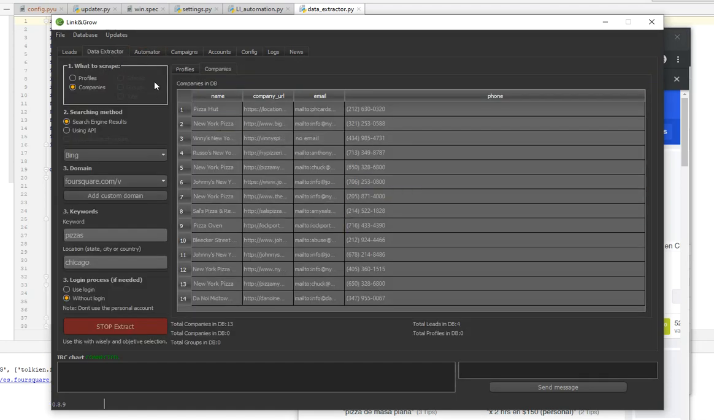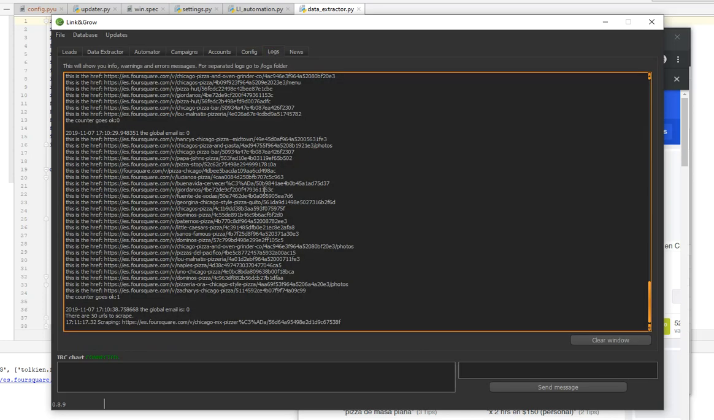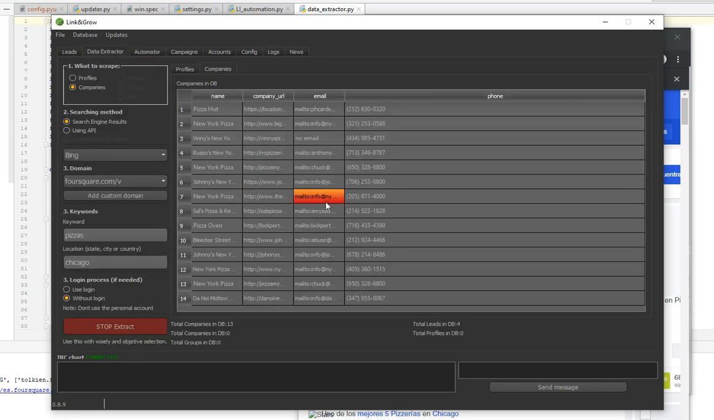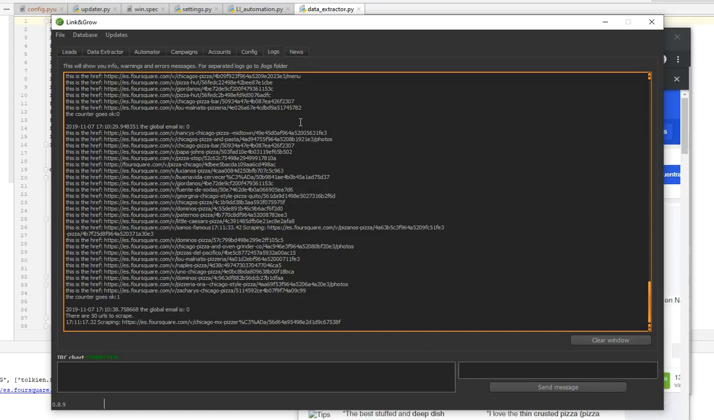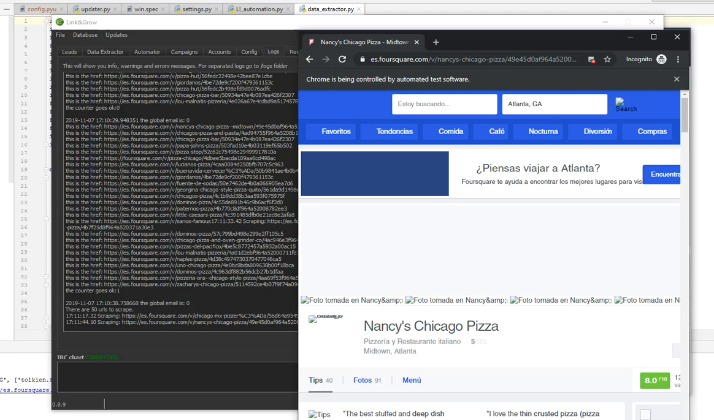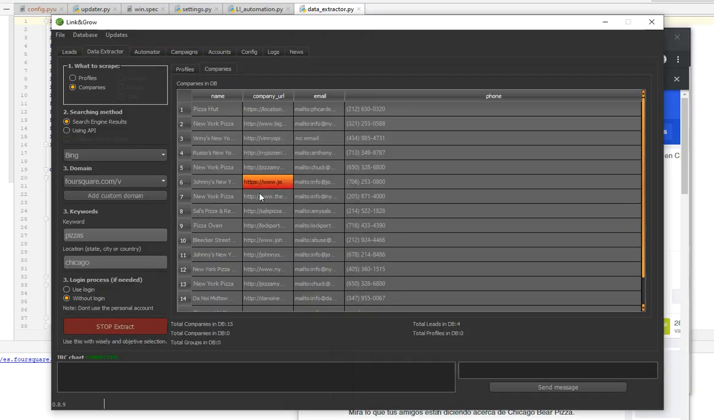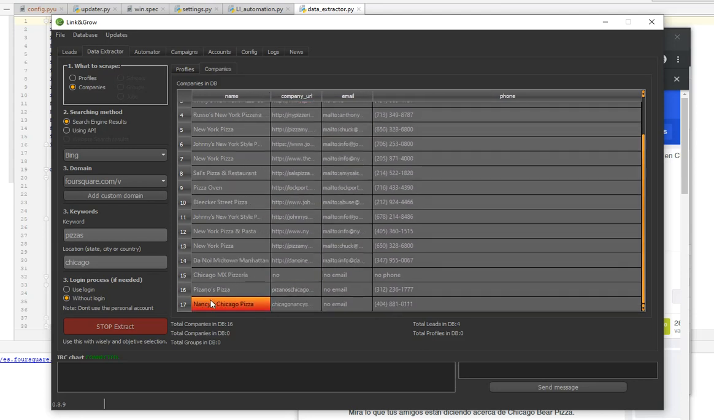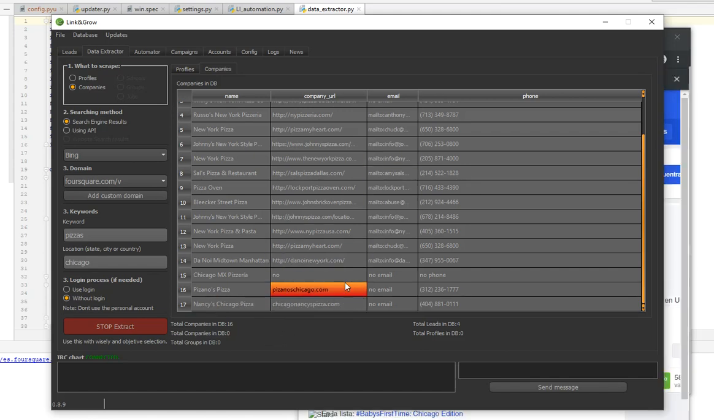If you go back to the data extractor, we will find it's waiting, it's giving some waits, and let's give some time. It already navigated to another website here. We're not getting categories, we're not getting reviews, phone, email, no website. Chicago beer. As you can see, Pisano pizza, and now we're getting more results. Nancy Chicago pizza, Pisano pizza, no email because we didn't add an email field, and voila, you have the results